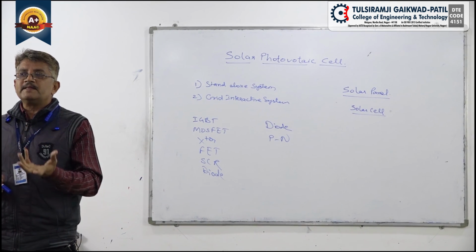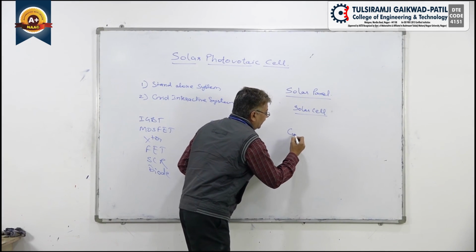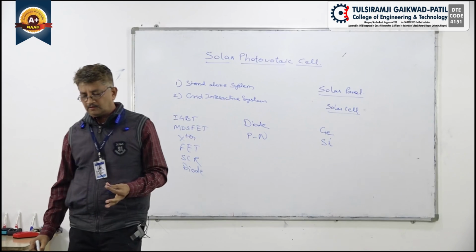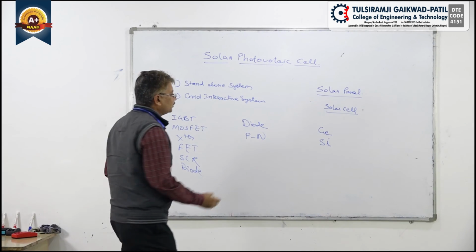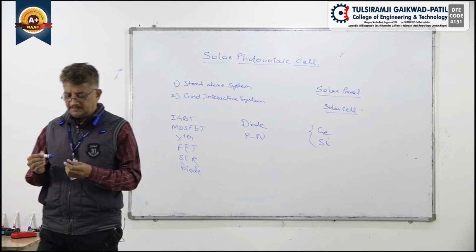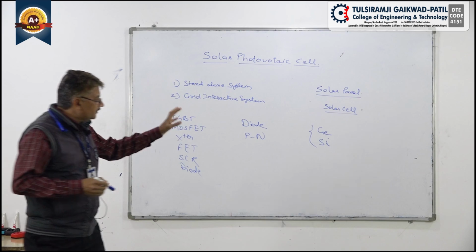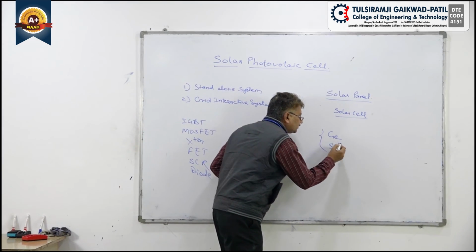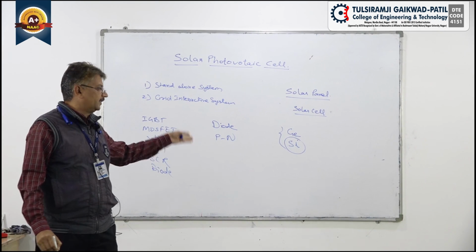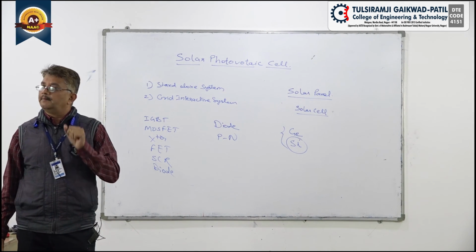Okay. So what is semiconducting material? The semiconducting materials we use are either germanium or silicon. There are other types of semiconducting materials also. But the most preferable semiconducting materials used for manufacturing these components are germanium and silicon. And out of these two, the most generalized material used for manufacturing is silicon. Why? Because it is available in an abundant way.